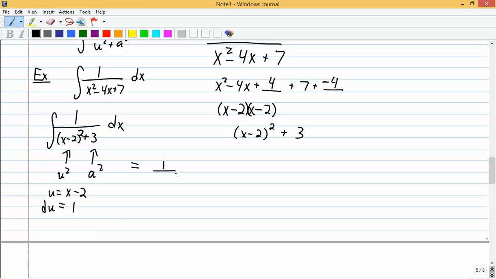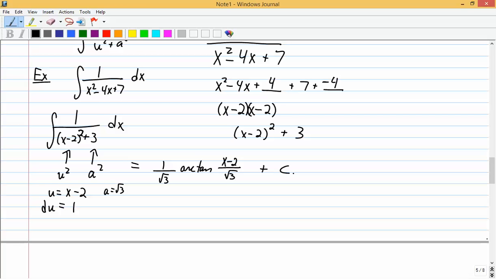What is a? A squared is 3. So a is the square root of 3. So 1 over the square root of 3 arctangent u over a. So u is x minus 2. A is square root of 3